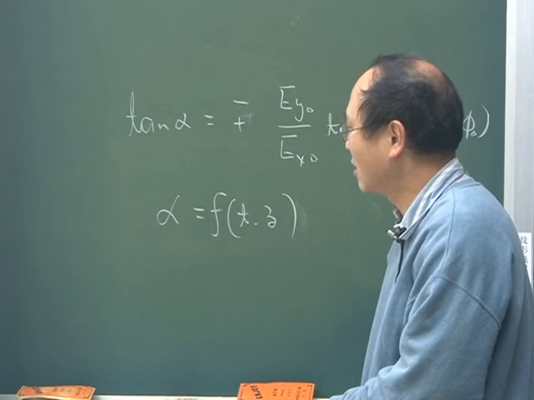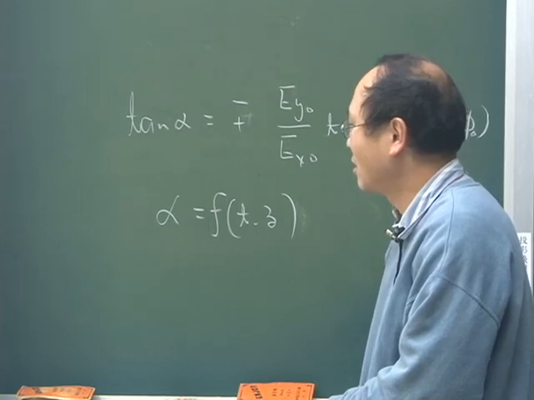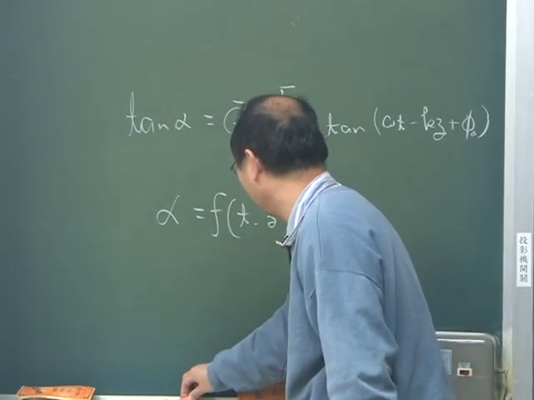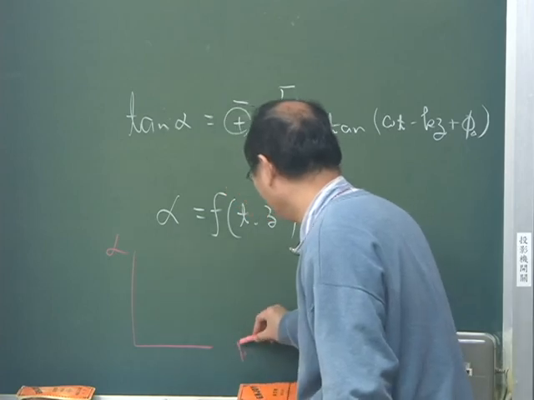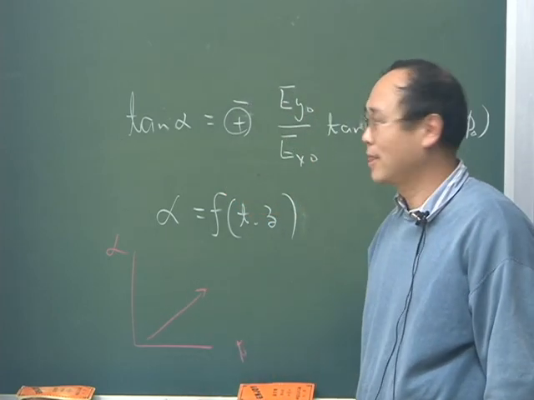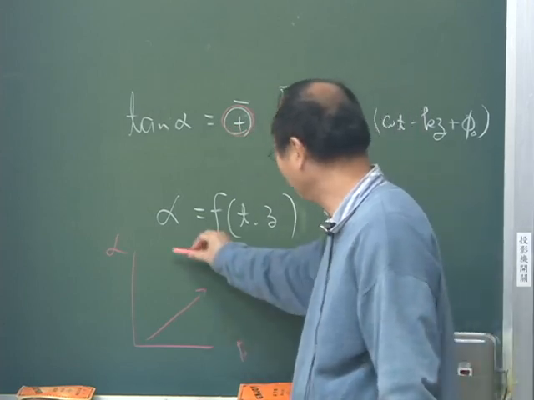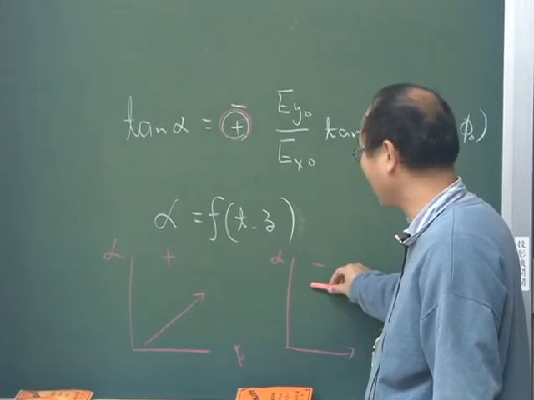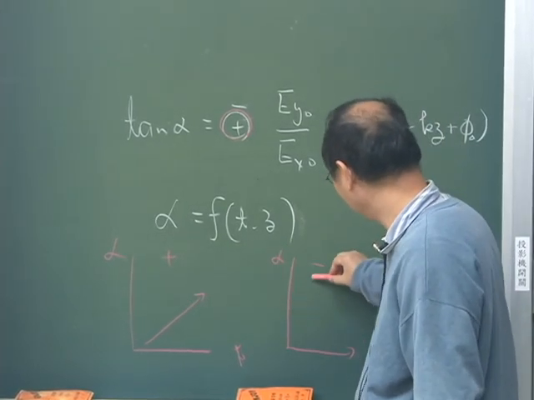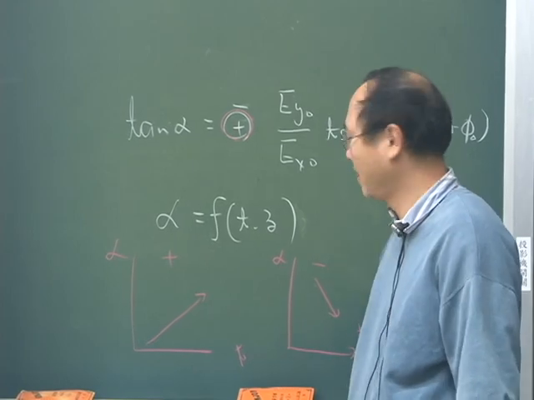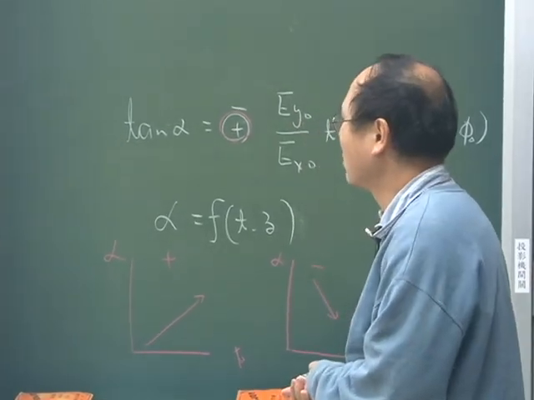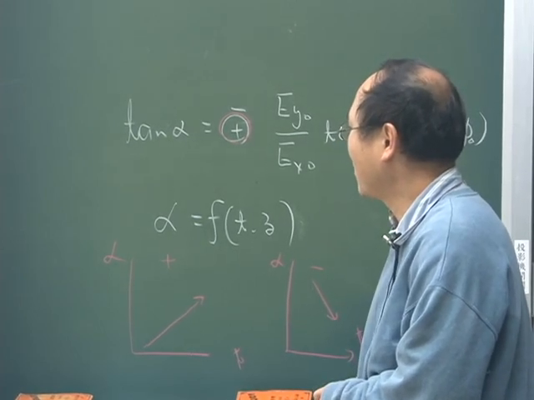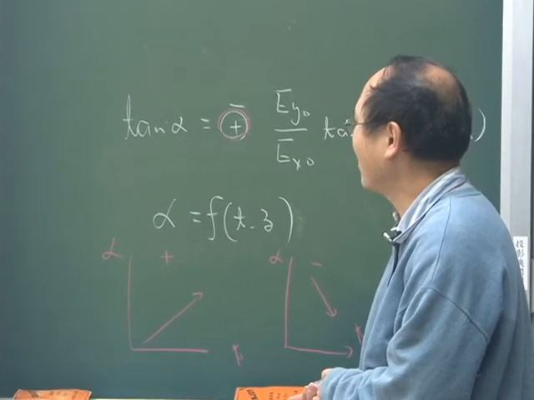So as time increase, if you pick up this plus sign, you expect that the alpha go up with time, right? If you pick up a minus sign, you expect that the alpha go down with time. 所以呢，这个 alpha 的角度有变大变小的这个状况。